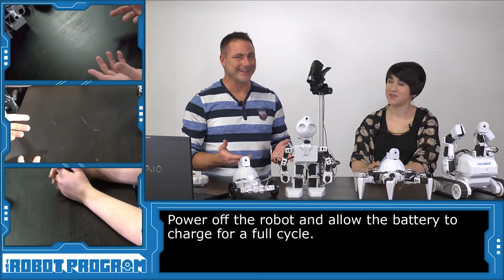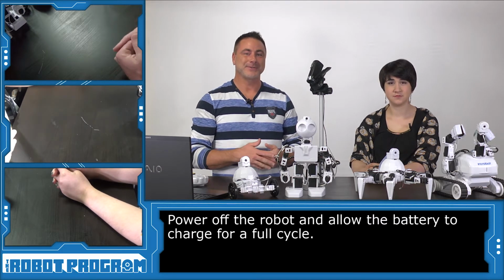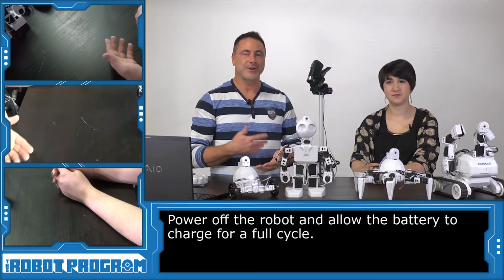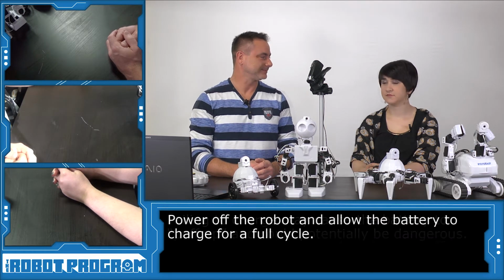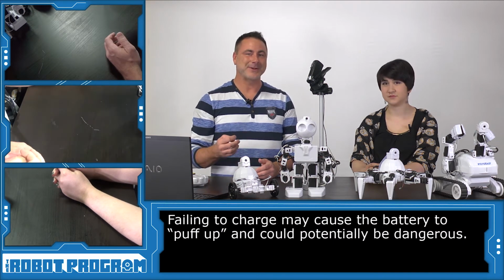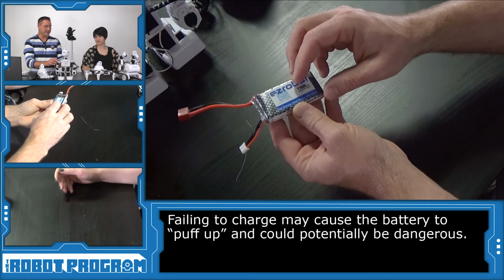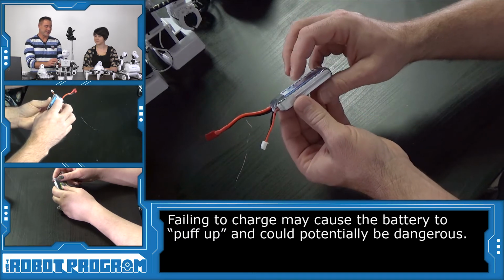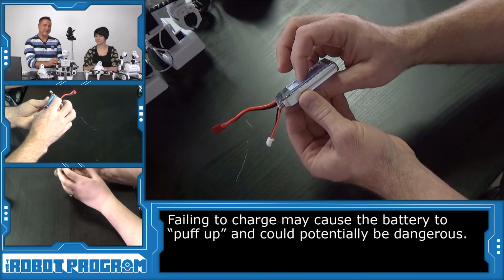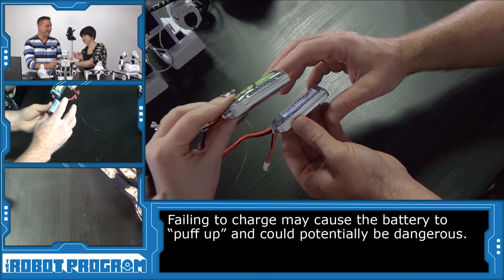It's not that kind of memory. It's a chemical memory. So when you charge a battery, it needs to be charged through a full cycle, and then you can recharge that battery thousands of times without having to worry about replacing it. If you don't pay attention to the battery monitor, the battery can actually get damaged, and it can do something called the puffy syndrome. And the puffy syndrome is when a lithium polymer battery, the gases inside of it, will actually expand, causing the battery to...